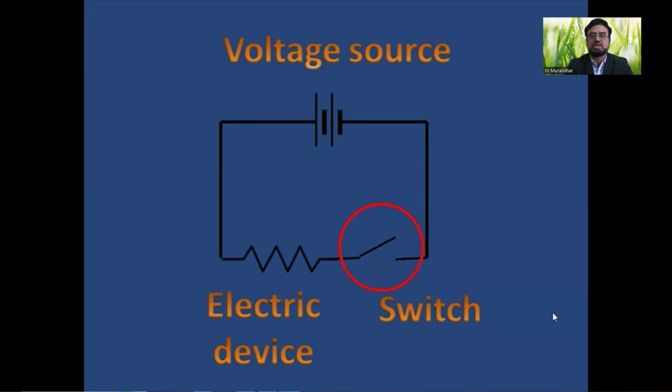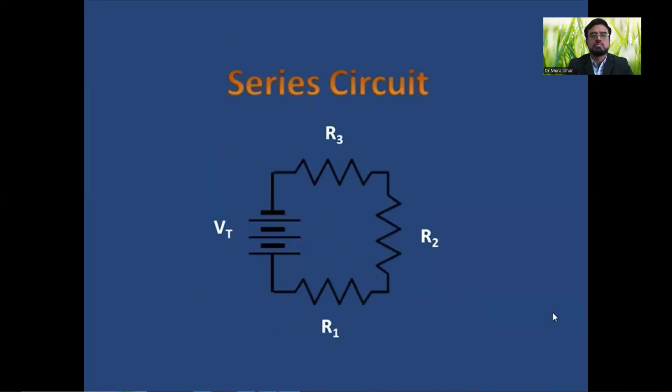Now, there are two kinds of circuits, broadly speaking. There's the series circuit, and that means there's only one path for the charge to follow. And the path starts from the positive terminal, always to the negative terminal, and notice there's only one path for that